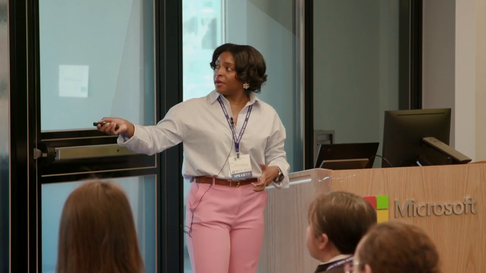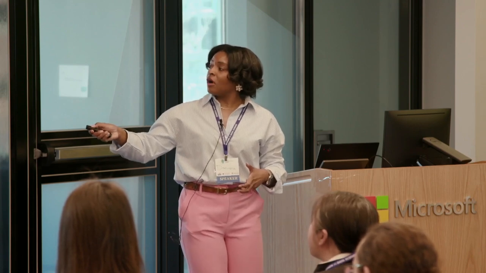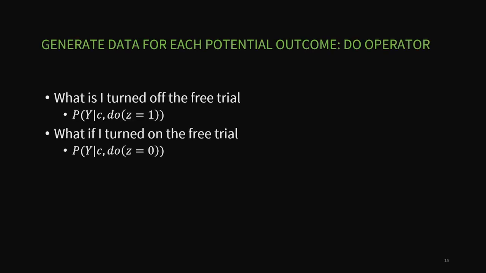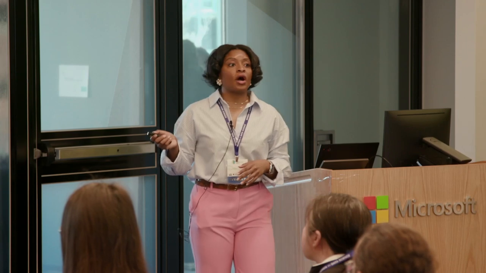Why? Because under the Bayesian framework, all of these values, Y0, Y1, Z, and C, are just random variables. And we know in the Bayesian framework, random variables are unknowns, and we can get their posterior distribution. We can get posterior inference on them. So we treat them no different. We treat them like unknown variables. And so we can generate two new distributions that will help us understand the probability of Y under Z0 and the probability of Y under Z1.